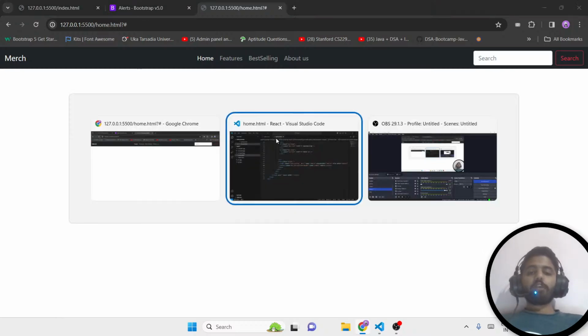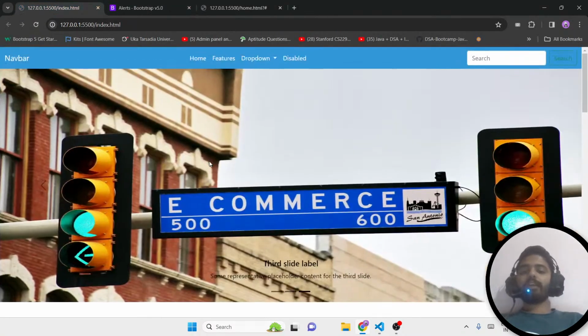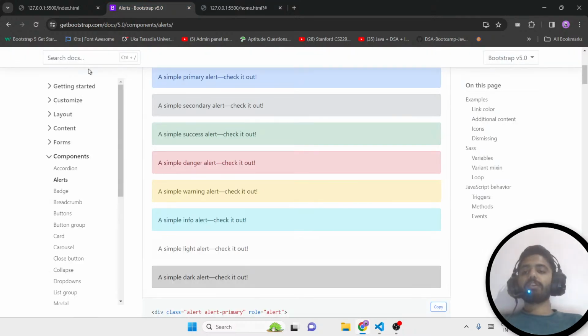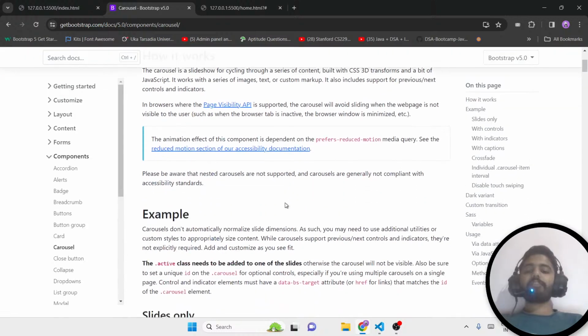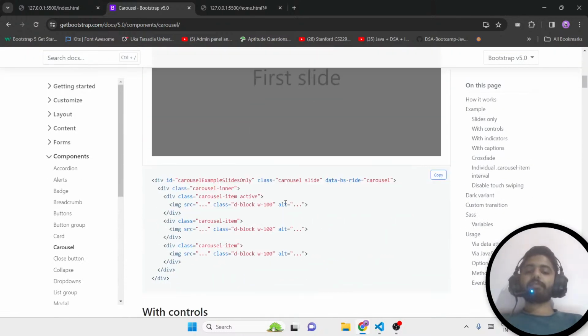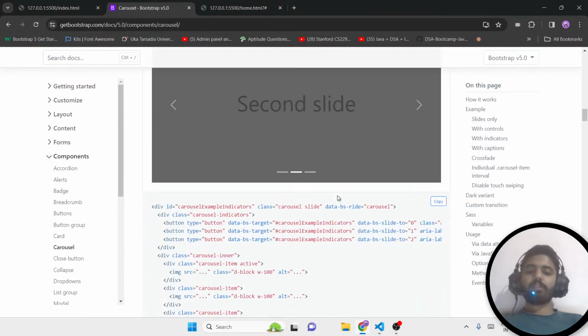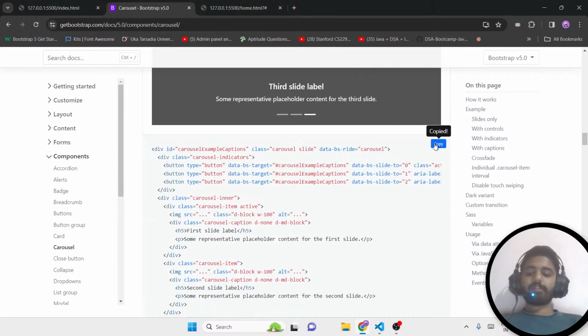correct? So now what we want to do, let's say in the next part we want a slider, correct? A slider with some text on it. So this slider is called a carousel. What you can do, just search carousel, so you'll get different types of carousels over here, correct? So what do we want? We want a carousel with some text, let's say. This one looks good, so we'll take this,